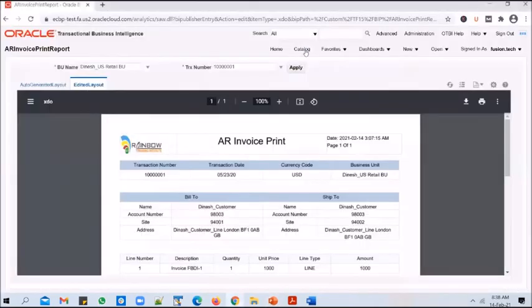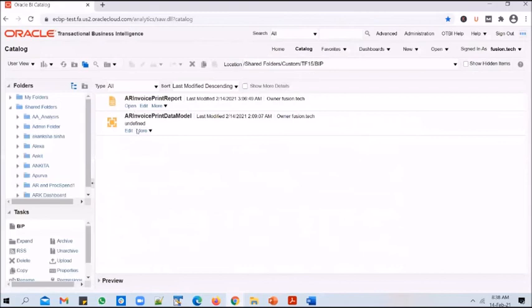And how are we running this report? We are running this report from the reports and analytics work area, right? So we are running it from a BI catalog. We have built the data model, we unit tested from here. We have built a report and we unit tested the report also from the BI server itself. But for a business user to run this report, we cannot ask him to come here and run it. We have an easy option available, which is to register this report as an ESS job.